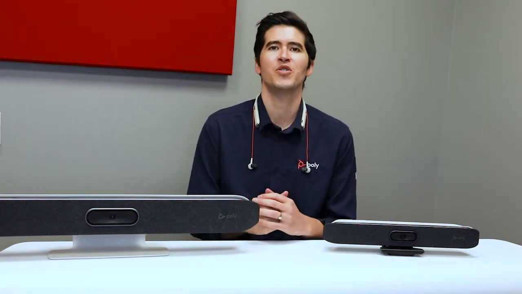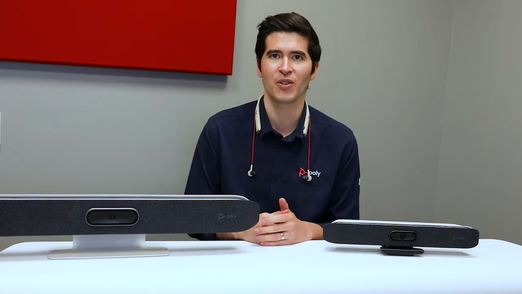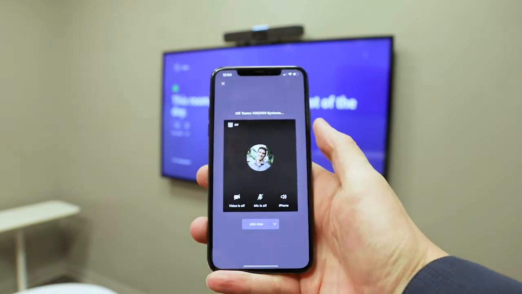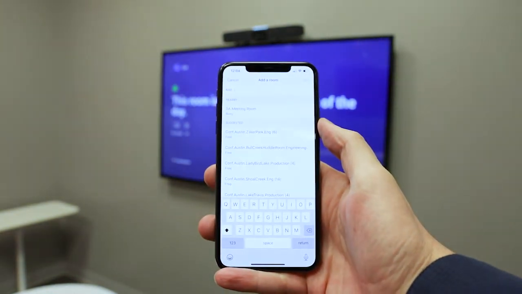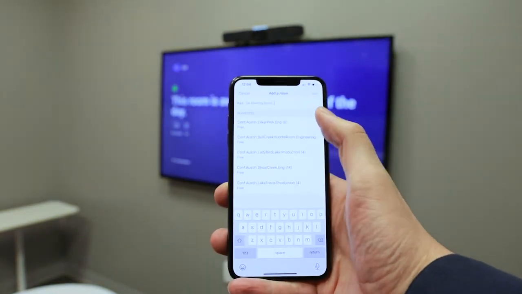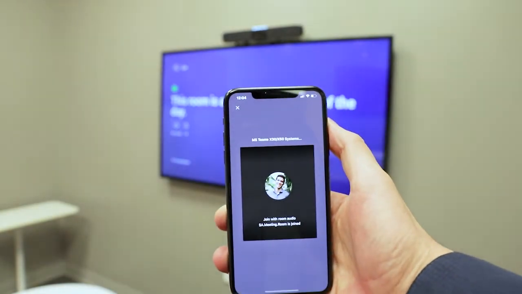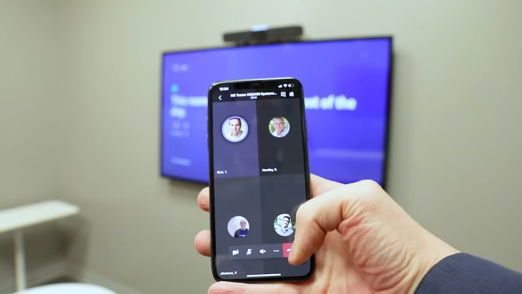So all you have to do to use Proximity Join is open Microsoft Teams on your phone or your laptop, press Join with Room. You'll then see a list of the nearby rooms and also some rooms that are in your organization that are available. Select the room that you'd like to join with, press Join, and you're good to go and good to start